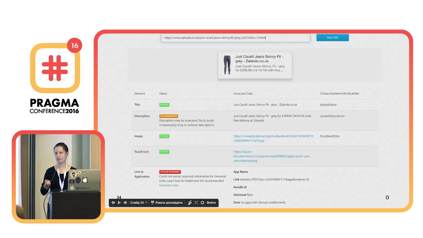Then when we get an event that the user comes from web to our application, we get this link, and we have a small database in our application. And we match: if this link is already there, we know how to open it in our application. If not, we send a request to our API, please give me a proper link regarding this link, so I can parse it and present the user a screen with this information.